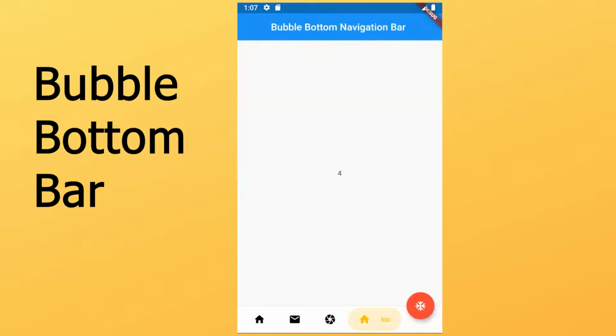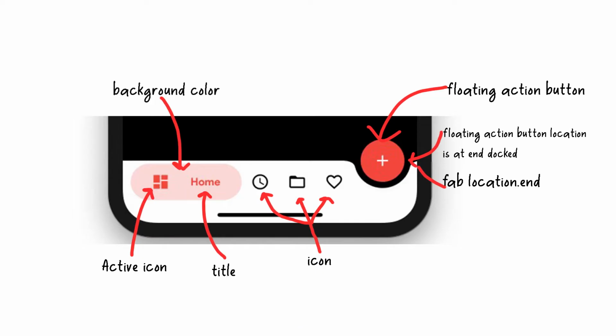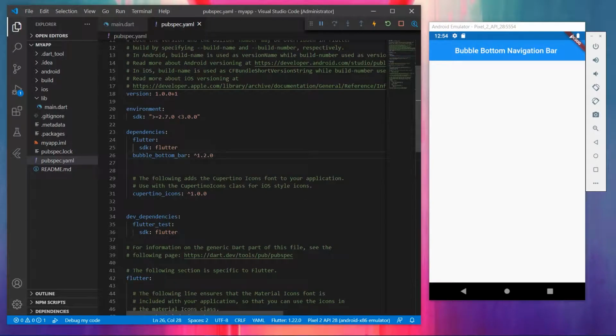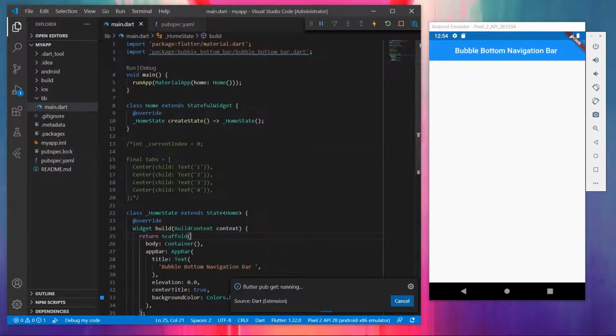In this video, we're going to implement this bubble bottom navigation bar. See, you could see the demo. This is how it looks. First, in the pubspec.yaml, you need to add this dependency, that is bubble bottom bar, and run the pub get command,